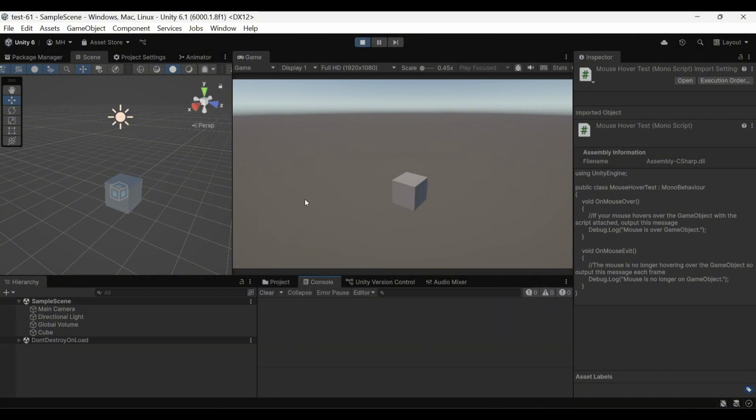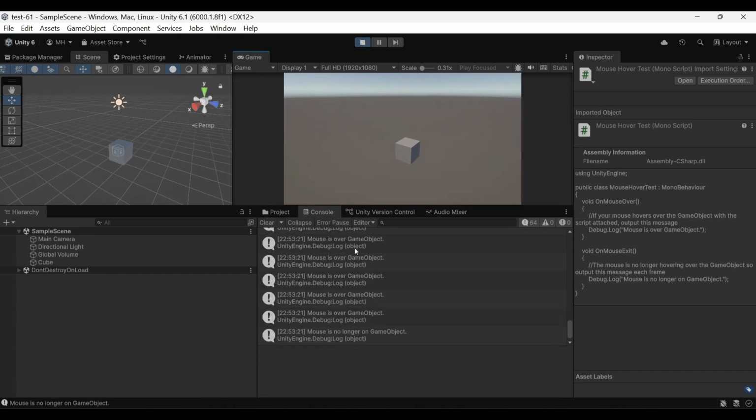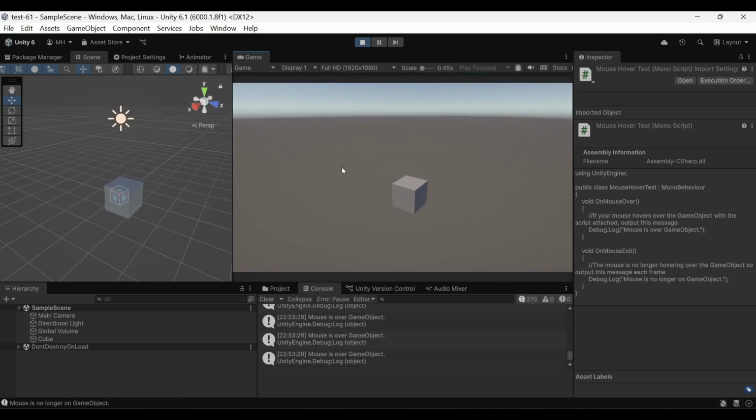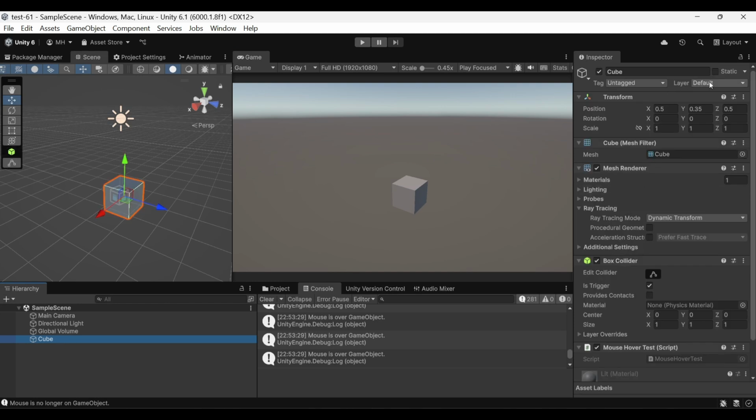Now, if I hover my mouse over, you'll see it's working perfectly. It's over, it's no longer. So now it's firing as normal. That was the problem: the new input system does not support these. The other thing we can show here is if I change the cube's layer to Ignore Raycast, as per the documentation,